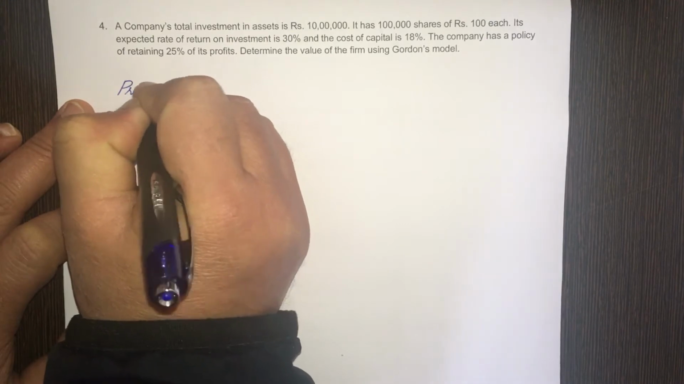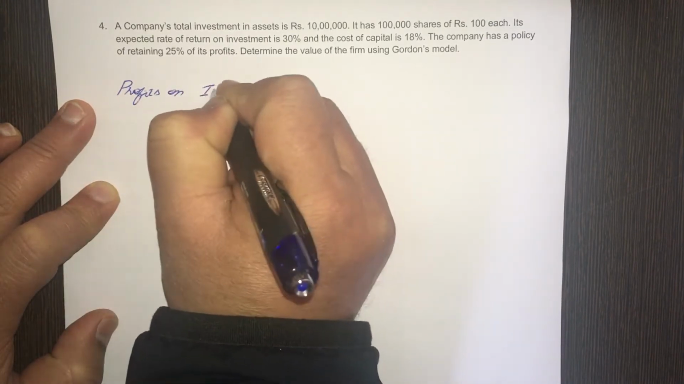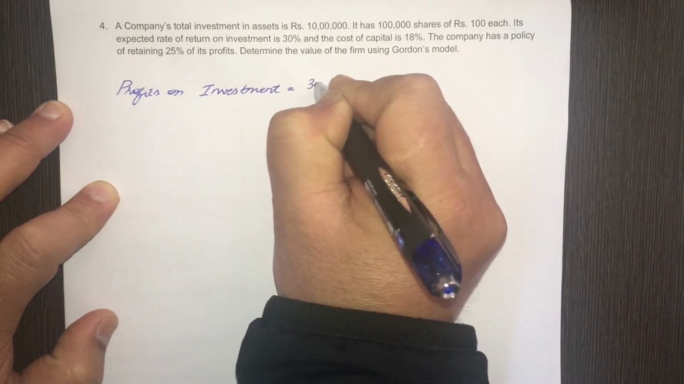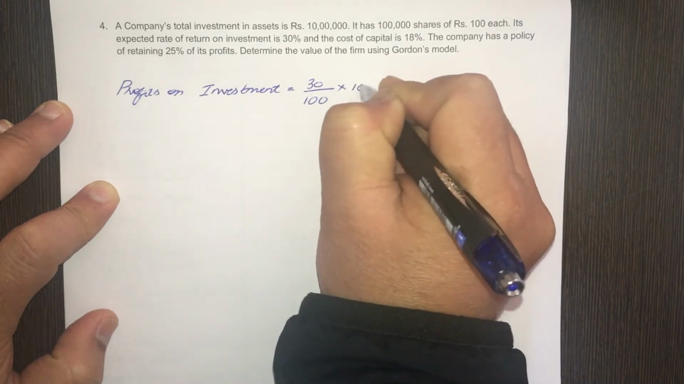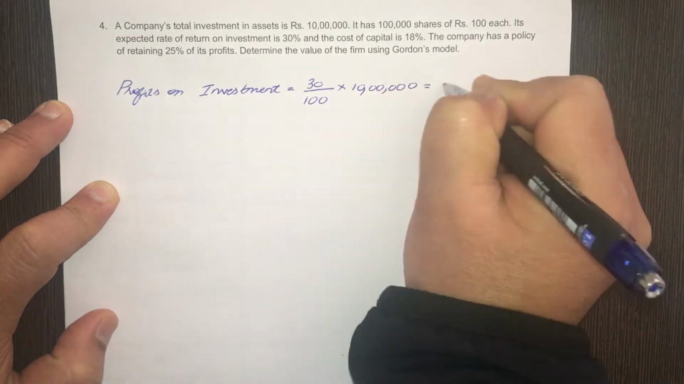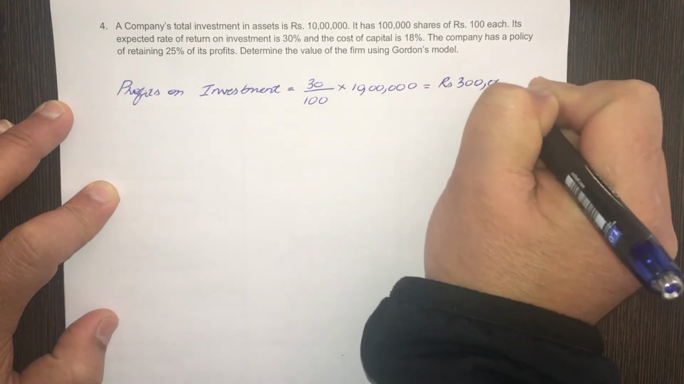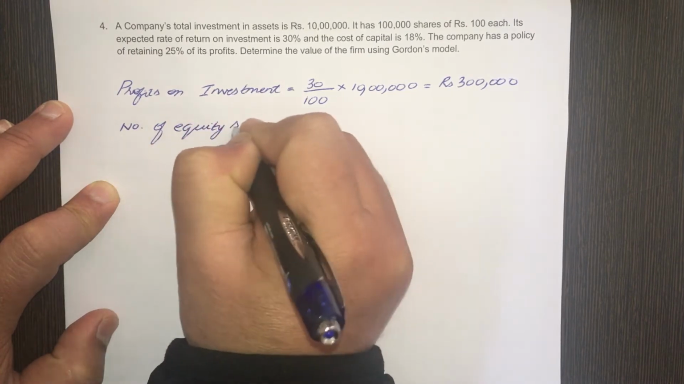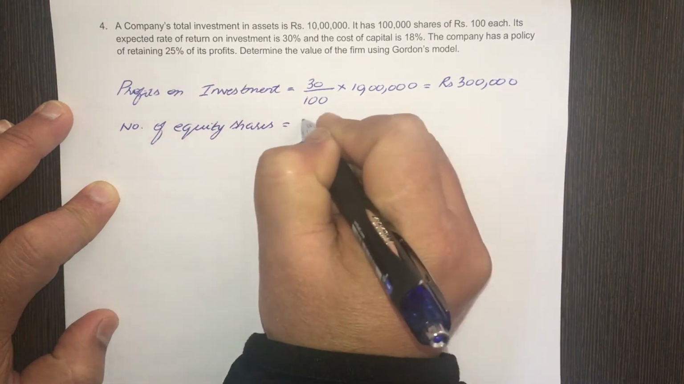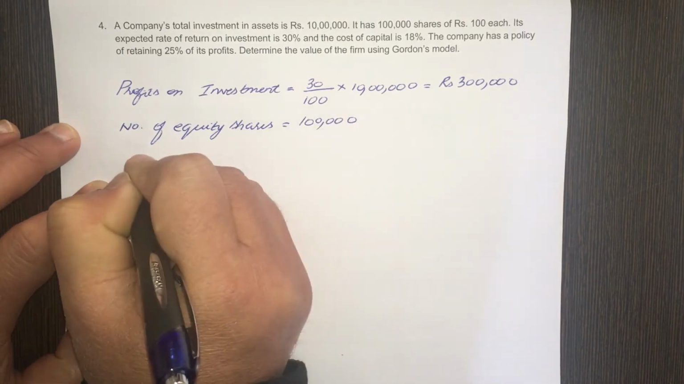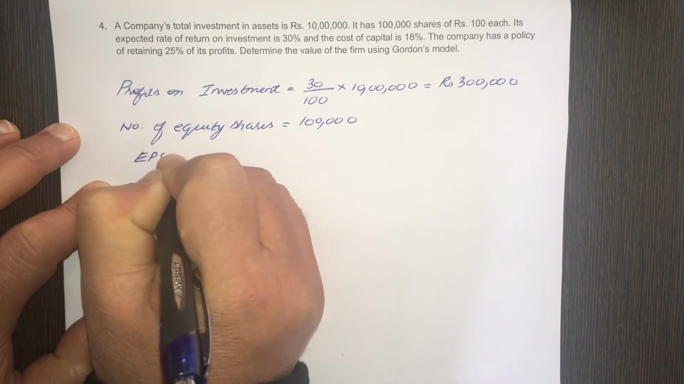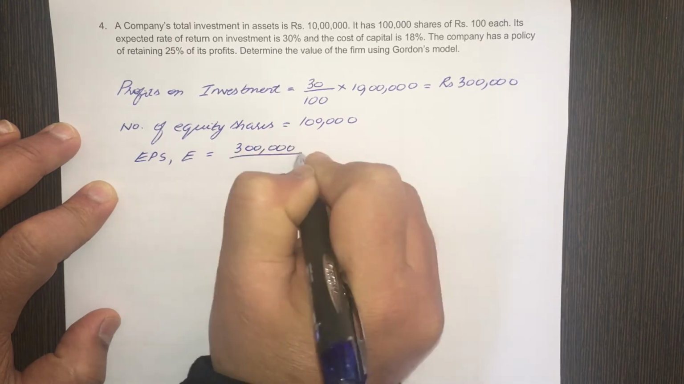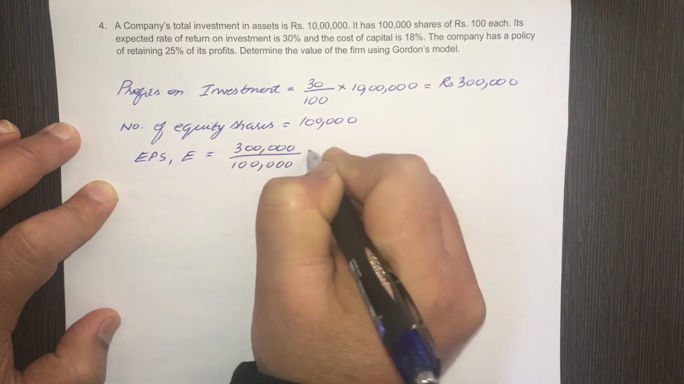Profits on the firm's investment is 30% of the total investment, which is 10 lakhs, and that equals rupees 3 lakhs. Now the number of equity shares is given. What is the number of equity shares? 1 lakh shares. So therefore the EPS, earnings per share, E, is 3 lakhs divided by 1 lakh, equals